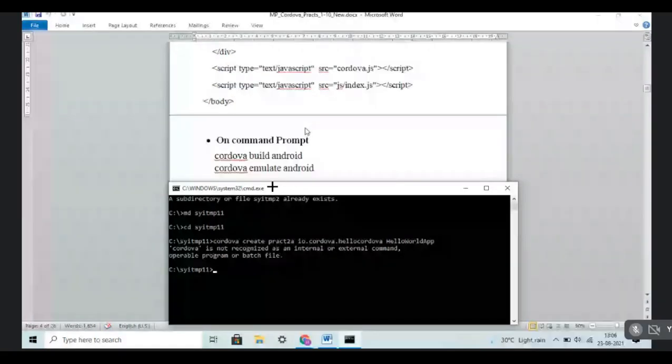Then the next thing is that on the command prompt, again you have to use this command to run Cordova. What is the second practical?